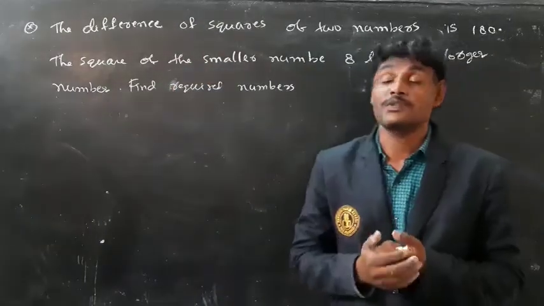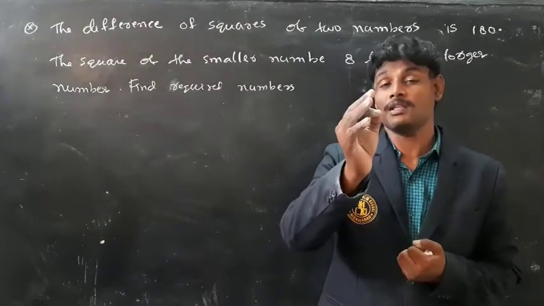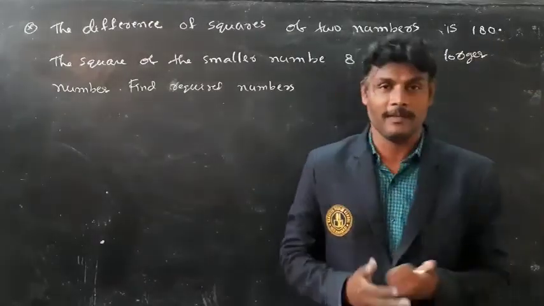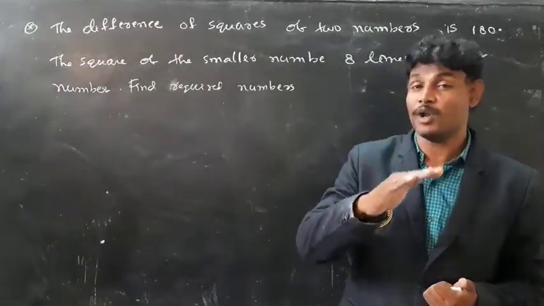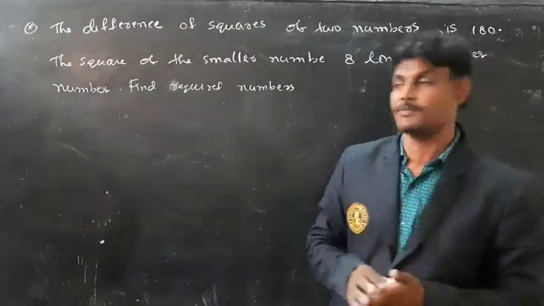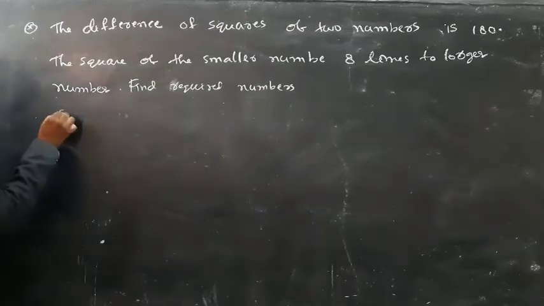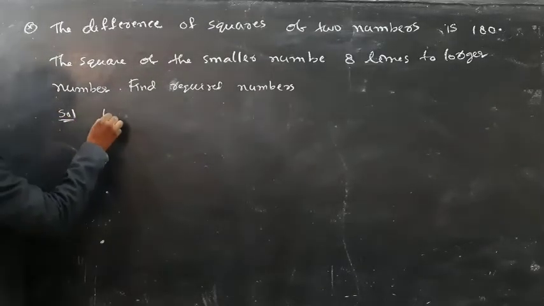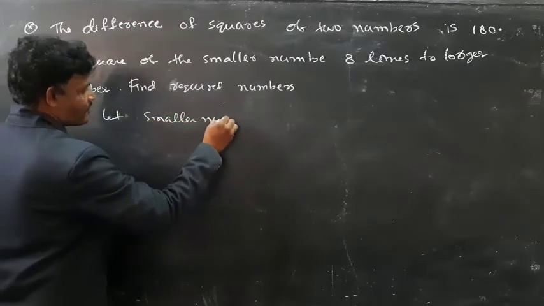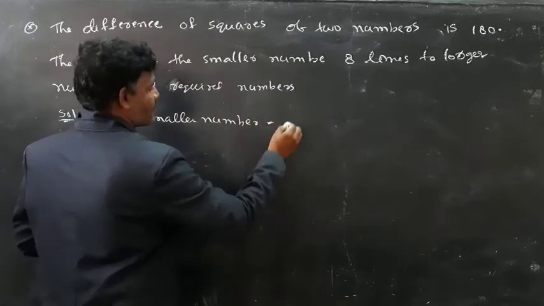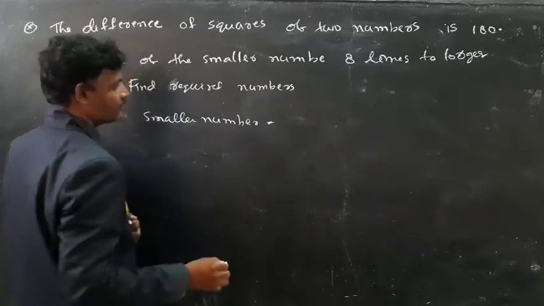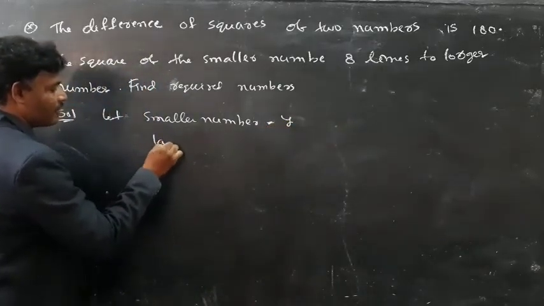So the difference of squares of two numbers is 180. Here two numbers are there. From that, the square of the smaller number is 8 times the larger number. So find the required numbers. Solution. Let the smaller number be x and the larger number